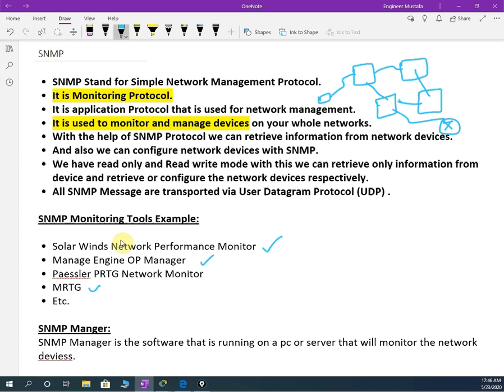As I told you in the example, if we have 300 devices, and you have 15 routers in your organization and many PCs, it is difficult to monitor. You can configure it so that if this router is using more CPU or more RAM, or if its interface goes down, please send me a message or notify.